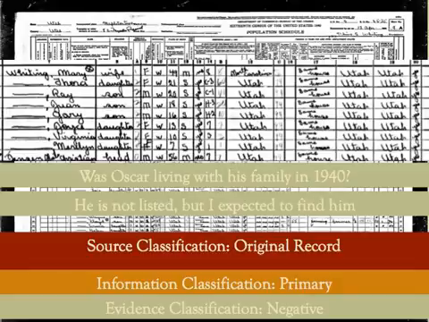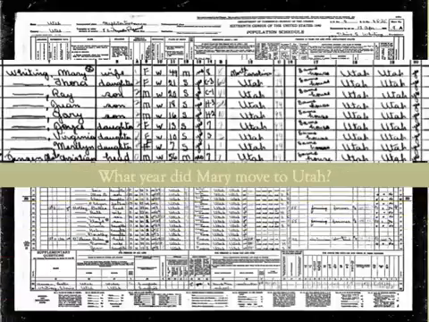This is not the same as no evidence. We expected to find information in the census to answer our question, and the lack of information gives us a clue. But if we change the question again to what year did Mary move to Utah, we will arrive at